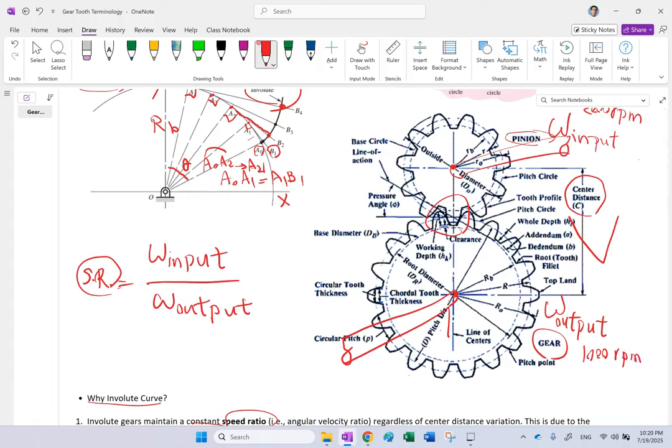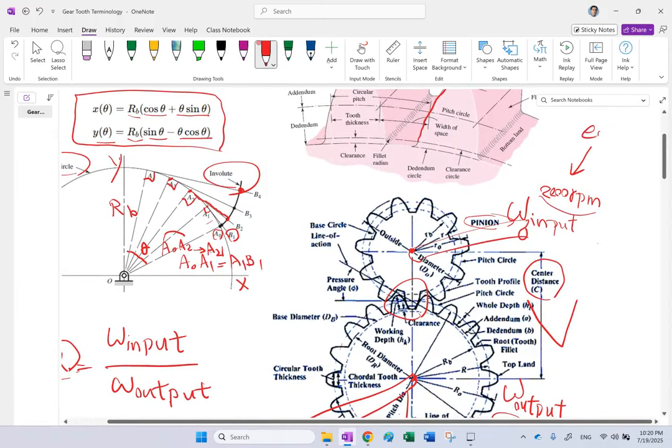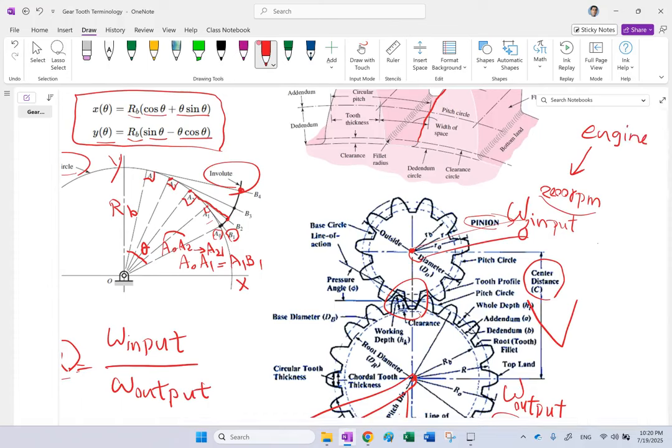So let's say this is coming from the engine. This is getting out of the gearbox. So this is the gearbox transmission of your car, and this one is the one that is going to the tires. And this one is the one that is coming from the engine. So while you keep your foot on the accelerator pedal at a fixed position and you're trying to make the